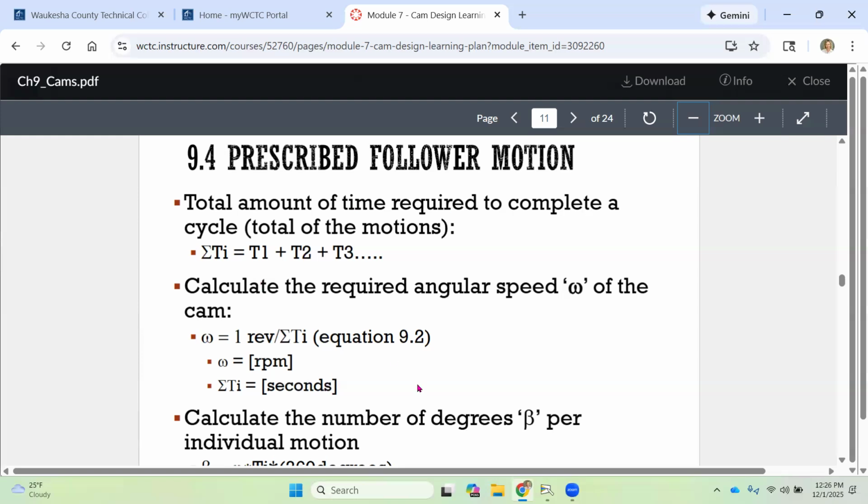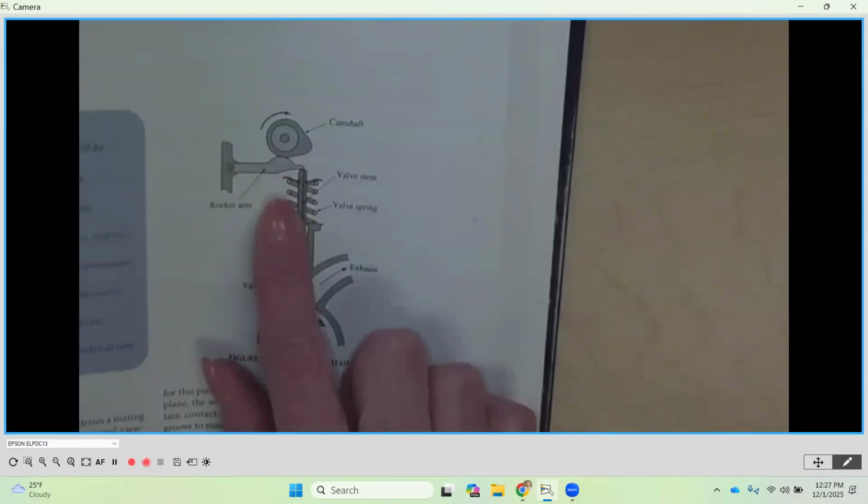Once we know how much time it takes to go through the full motion the follower needs to do, then we determine: if we know the total amount of time to go through the motion, what is the angular speed of the cam? Because the total amount of time is one revolution of our cam. If we go back and look at that original diagram, say I want this, for instance, to go down 1 inch, and then back up,